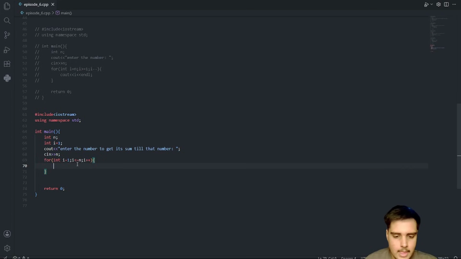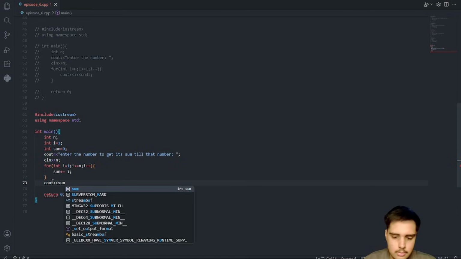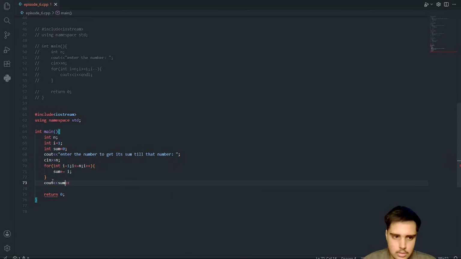So I will say here sum plus equals to i, and I will initialize sum also, int sum equals to 0. So sum's value gets added, and after the loop is executed, afterwards we will print out the sum. Let's add some quote here also.